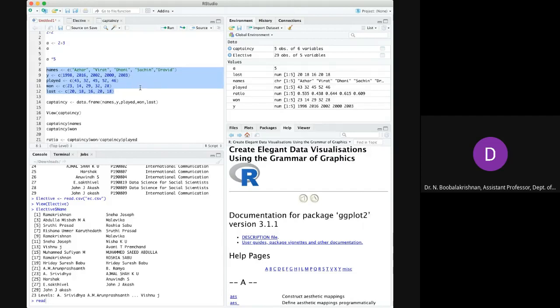I will be putting all this script, that is the code or commands which you have written, and you can practice it on your system. If you have any difficulties or face any technical issues, just post them over there and we will clarify them. Okay, are you clear? That's it for today, if you are okay.